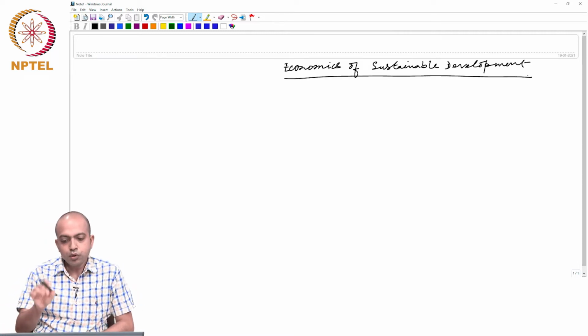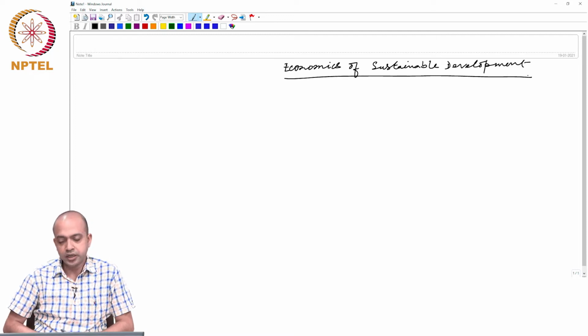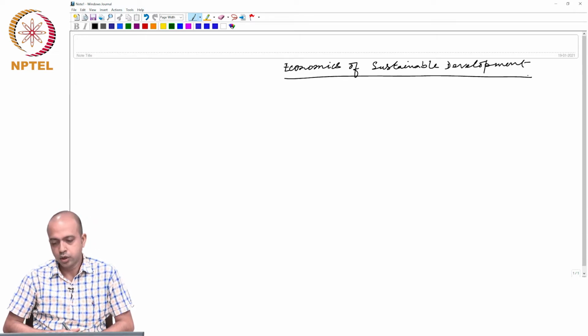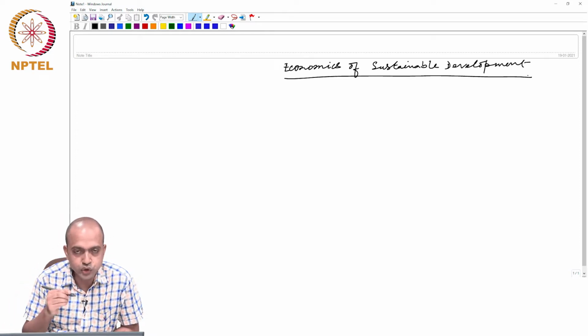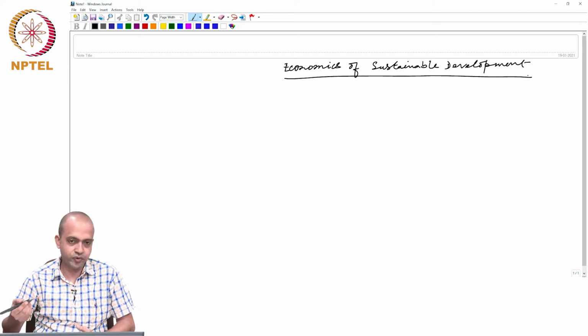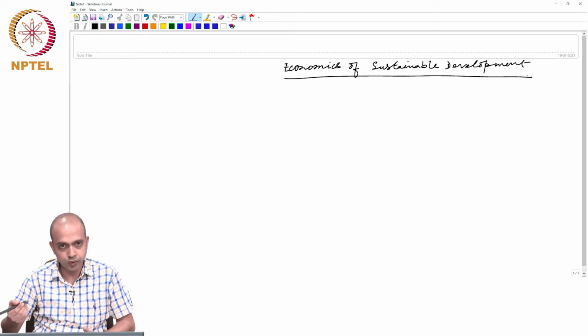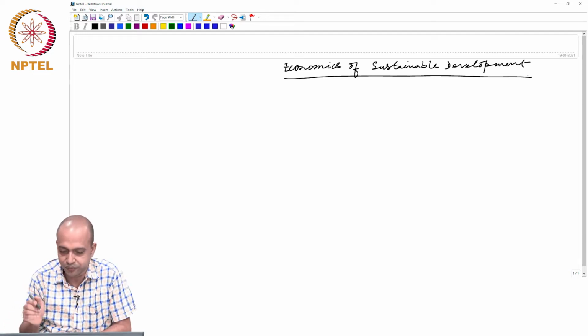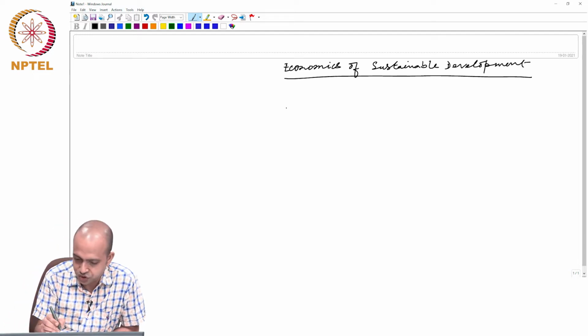Right? Now, before we discuss sustainability, let us try to understand the difference between development and growth, because quite often you see these two words, growth and development, used interchangeably in literature as well as in media, in newsprint, and so forth. So, it would be good to have a fair idea of what exactly is the difference between economic growth and economic development, right. So, this is growth versus development.